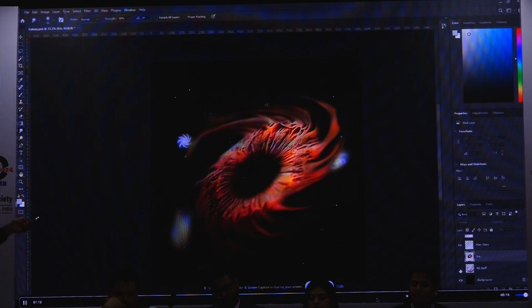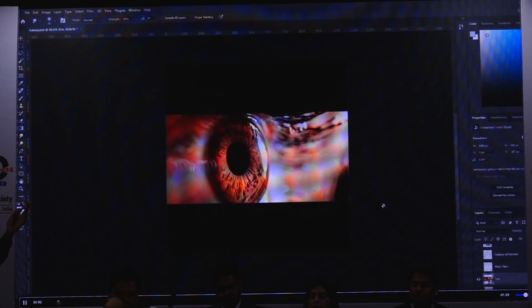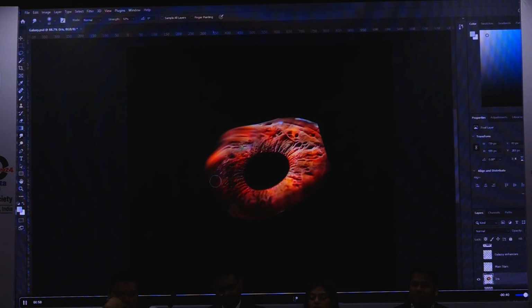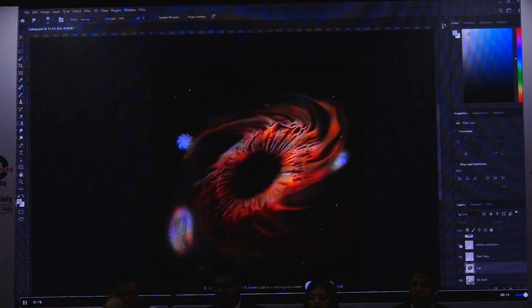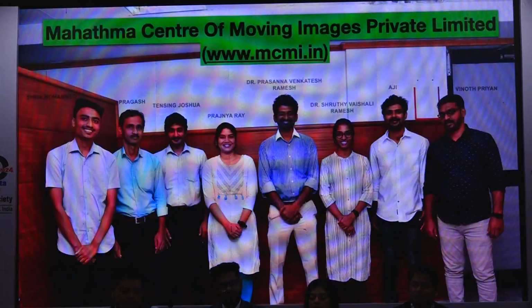And you can see that now we are adding on the stars, and you can see finally how the image comes. It is always easy to type, can I get an AI starry sky? And the AI may give you something like this. But the joy in creating something from this to something like this and getting it printed on a cover page image on the biggest national level podium, it's something really huge. I don't really advocate generative AI for this.